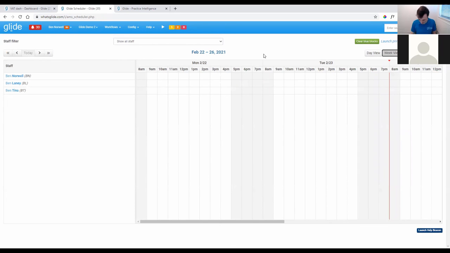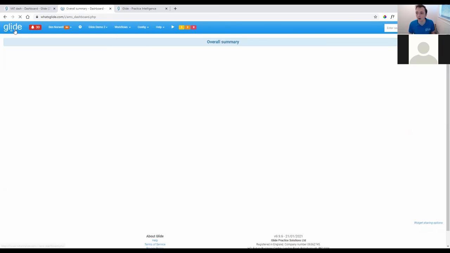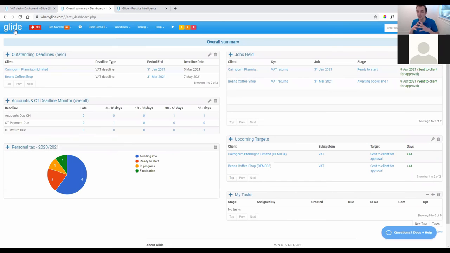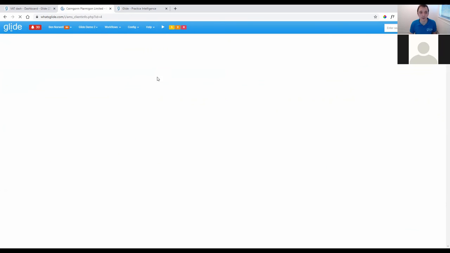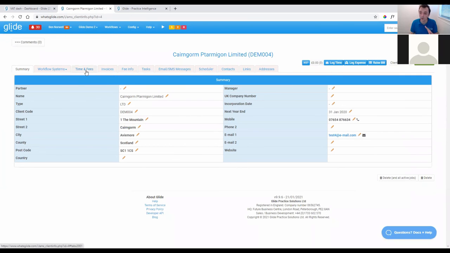Next, I want to talk about integrations. We are very focused as a team on providing the best possible workflow management dashboard, timesheet and billing tool. So what integrations do we have to provide other functionality within Glide? Well, from a document portal perspective, one of our key integrations is with MyDocSafe. That allows you to have a per client document folder on your client card, and it also allows you to have a per client portal tab, and you can create one or multiple portals